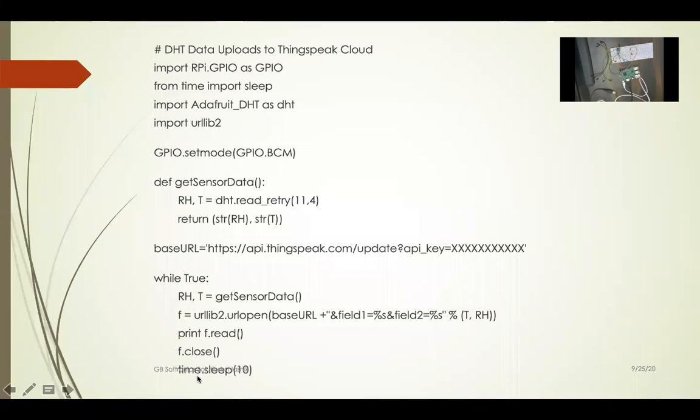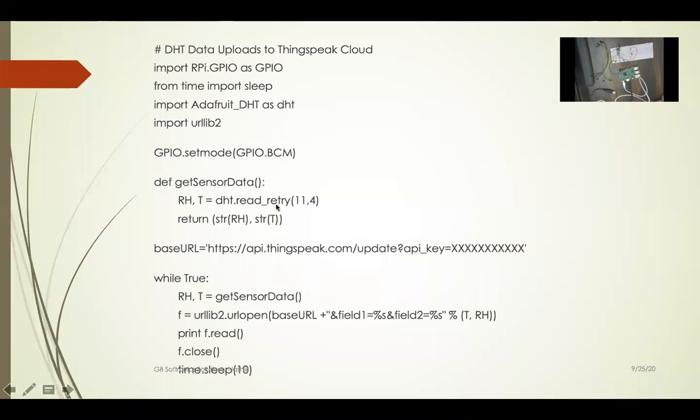Then we sleep for 10 seconds. Instead of 10, you have to put 20 here, because 15 seconds is the minimum time you have to wait between two uploads to the ThingSpeak cloud.